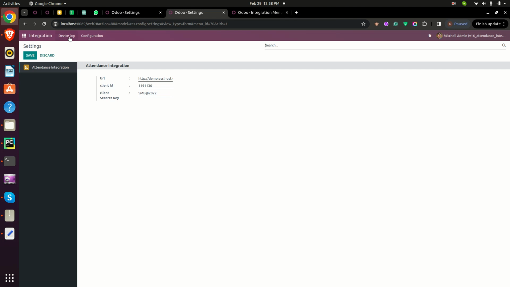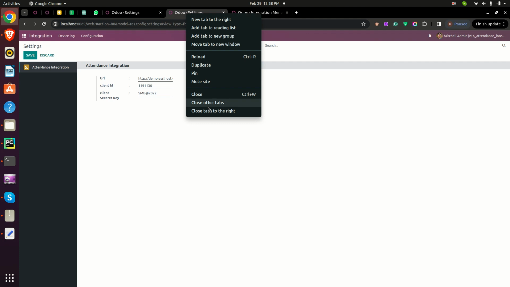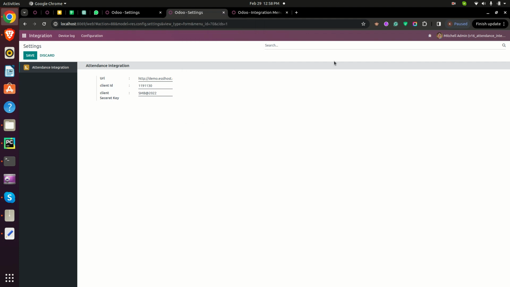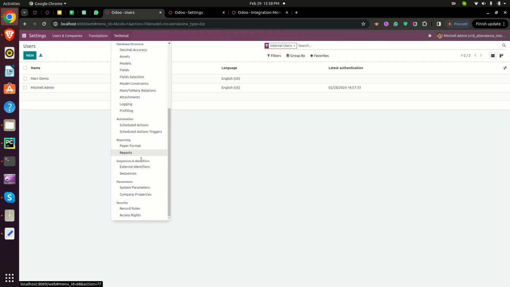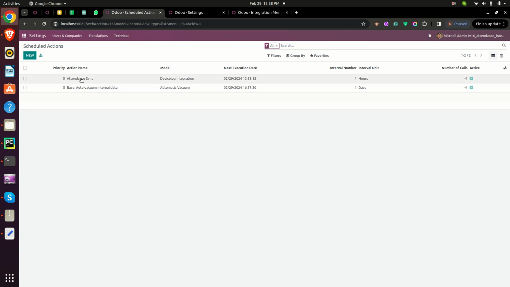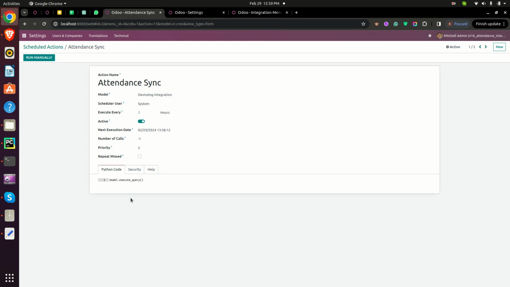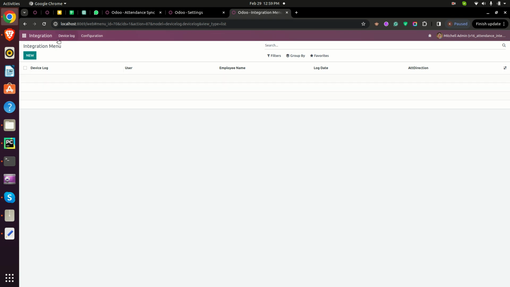And also, we have added a separate cron job. So let me just go to Settings. Under Technical, I am going to Scheduled Actions, and we have added a cron job which runs every 1 hour and gets the data. For now I'm just running it manually, and once it has run, here under Integration,